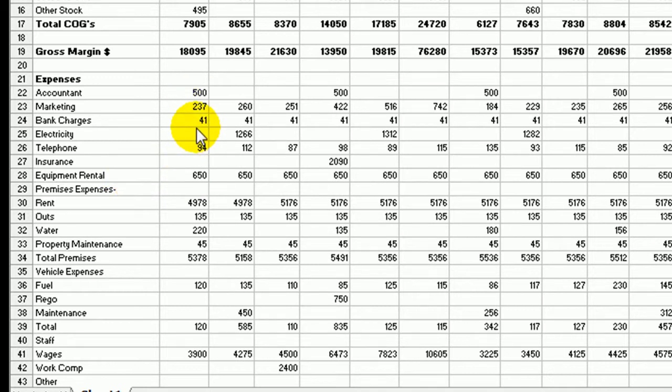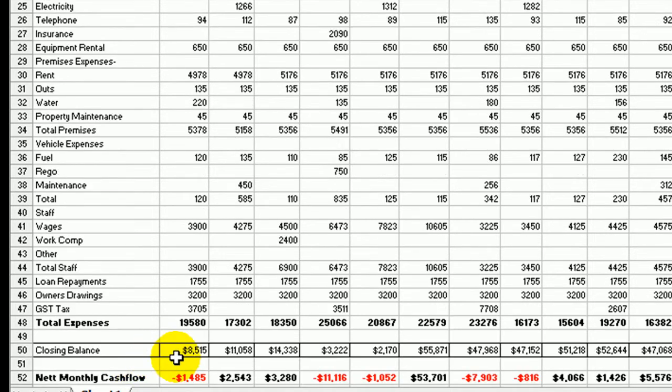So we've broken them down into different areas. Again, these may be similar to yours or may be different depending on your business. So by all means adapt these to your business and then put the relevant figures in for your business to the right here under that first column. And then when you've done that, you'll have a total at the bottom. So at the bottom here you can see that we have total expenses of